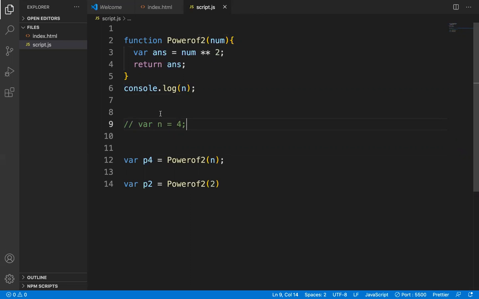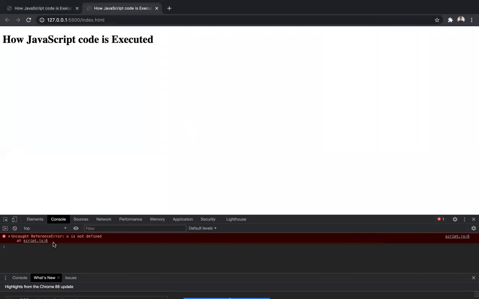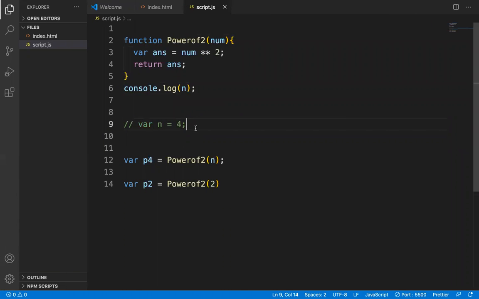If I comment this out also, as you can see, it says n is not defined. But why? Because of the memory allocation phase, in which the JavaScript engine goes through all the variables, gives them a location, and gives them a special value called undefined.